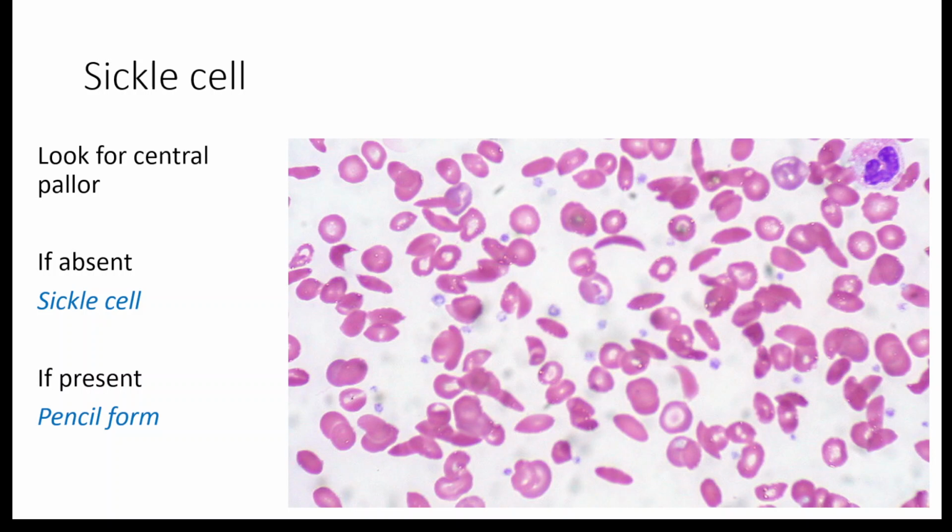Now it is important to know here that there are so many times I have seen sickle cell traits and the smear looking absolutely normal. Don't take it for granted that if it is a sickle cell anemia or sickle cell trait, these sickles should be prominently present in the blood smear. No, I have seen sickle cell traits confirmed by PCR but having an absolutely normal peripheral blood smear. So that's the take-home message for sickle cells.